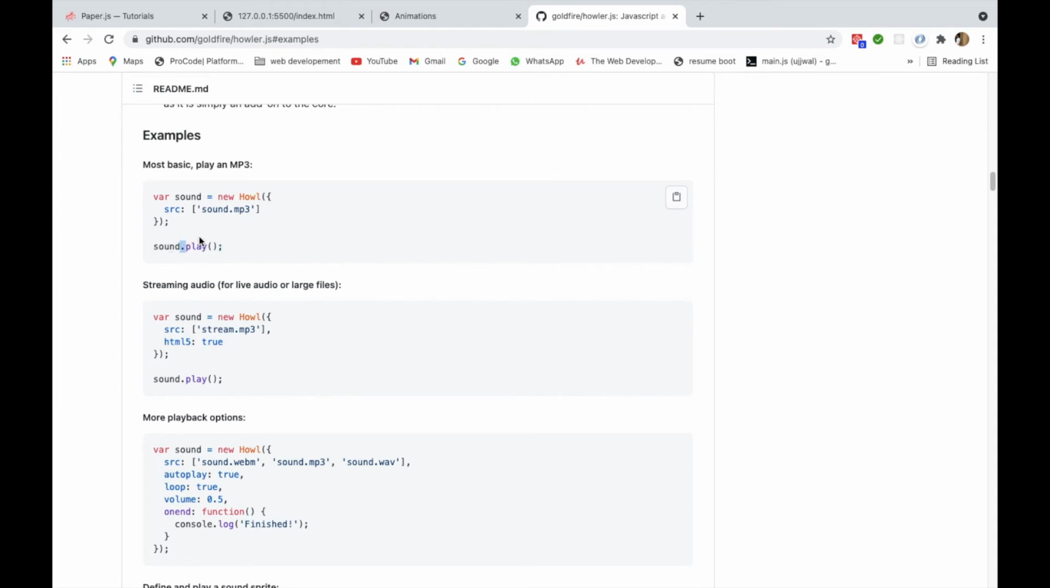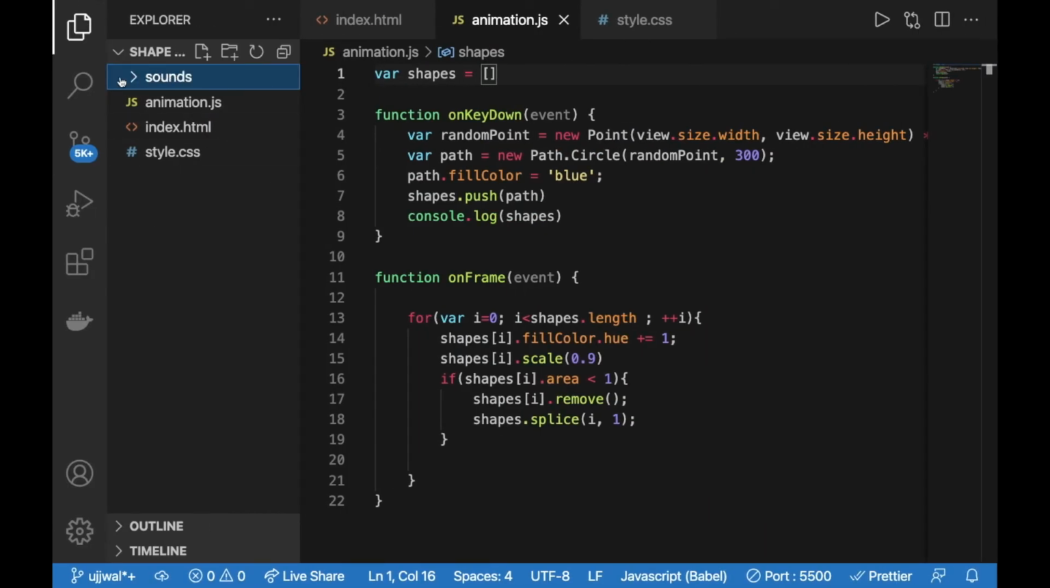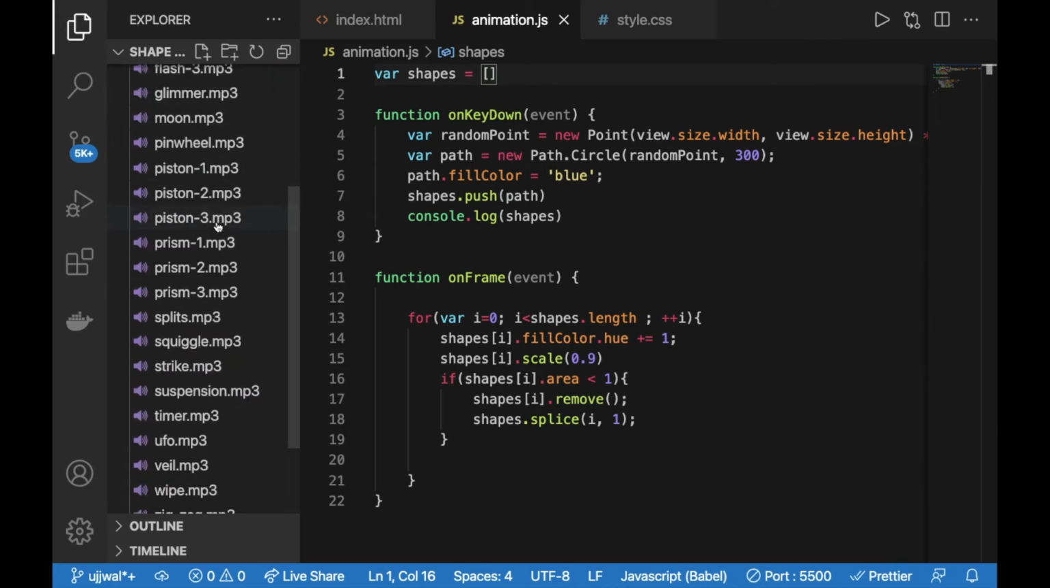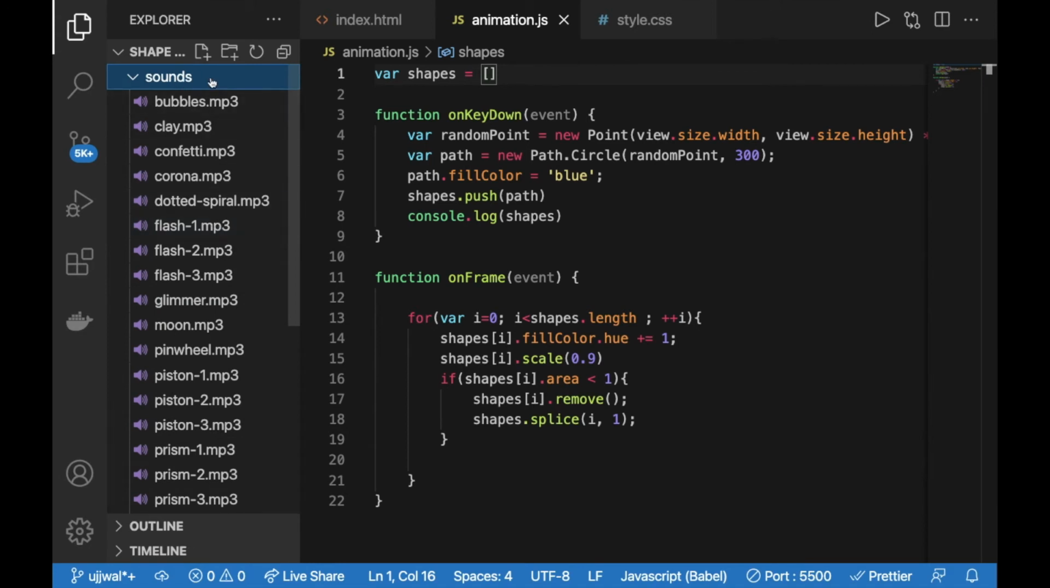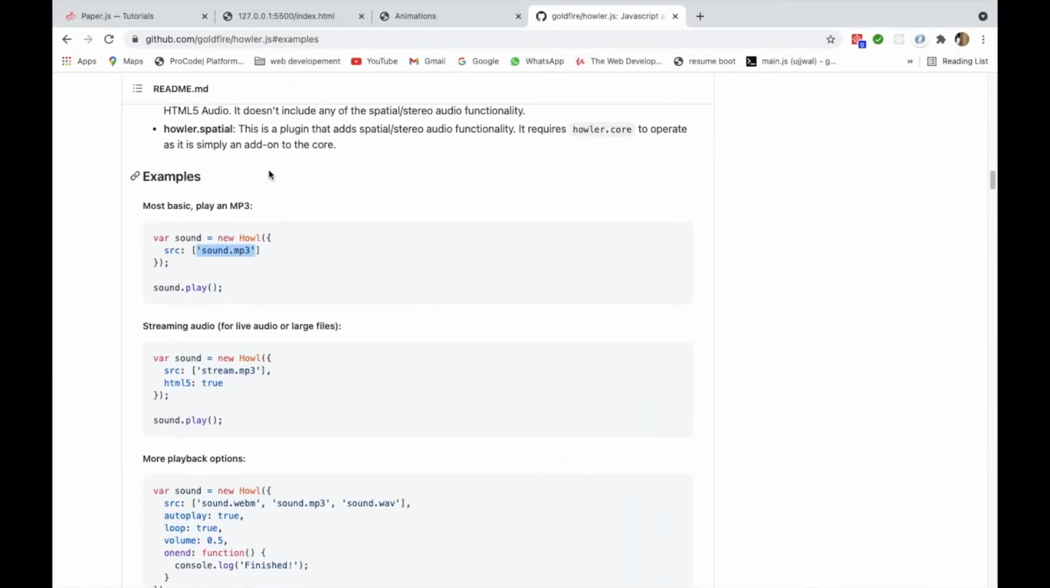The sound.play is going to play the particular sound track that is under the src array, the source array. You can notice that I have included a directory called sounds, and I have different mp3 sounds in here. You can download the sounds from the GitHub repository again, and let's see if it is working or not. Before that, we need to include